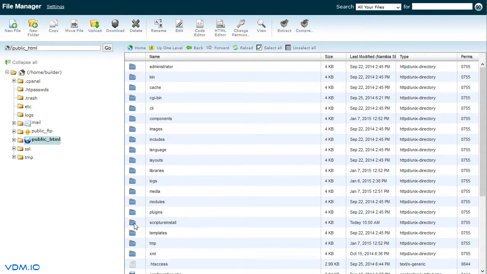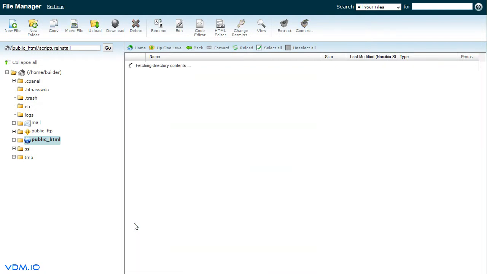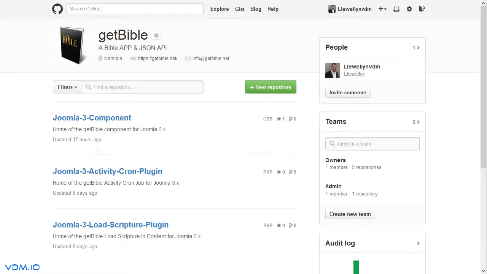Okay, let's go inside of that folder. You see that it's empty. Now the next part would be to upload the Bible file, and here it gets a little bit complex, but I'll try to explain the best way I can. Let's go get a Bible translation from the GitHub Get Bible repository. So it's